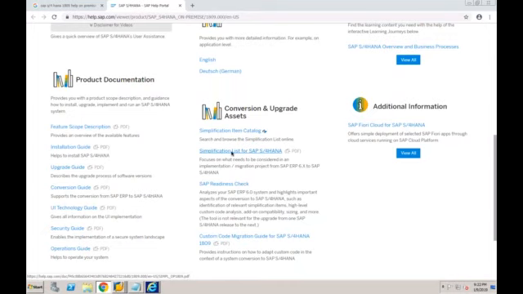So what exactly is the simplification list? See this, what it is saying is it focuses on what needs to be considered in an implementation or migration project from SAP ERP to SAP S/4HANA, which means this list will tell you what is new in SAP S/4HANA compared to SAP ECC. Maybe let's try to open. It is around a 1000 pages document, but you don't need to worry. The reason is it is for all the modules, not only for FI. All modules, all industry specific solutions, all add-ons, everything is covered in this document.